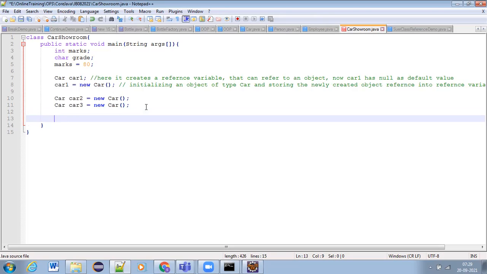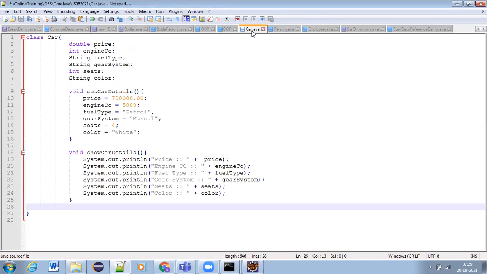Now we need to set the values for cars, right? So how to set values? To set the value for car, what do we have? To set car details, what we have?